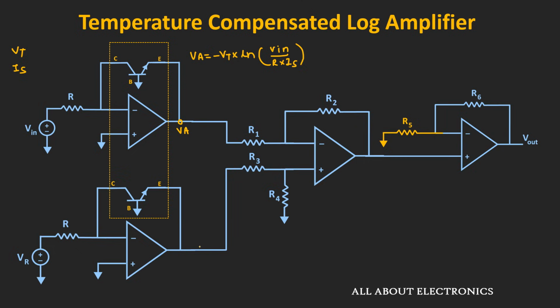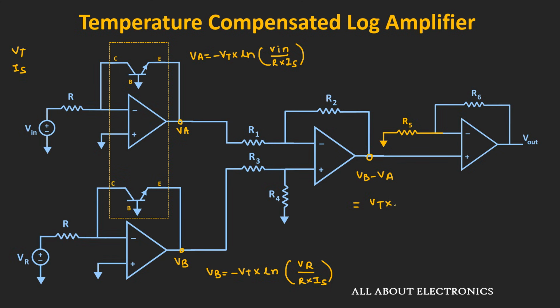And similarly, now let us say the output voltage of this second log amplifier is equal to VB. So this VB will be equal to minus Vt times the natural log of this reference voltage VR divided by R times this reverse saturation current Is. Now these voltages VA and VB are given to the differential amplifier. Now by selecting the values of R1, R2, R3 and R4, we can ensure that the output voltage of this differential amplifier is equal to VB minus VA,